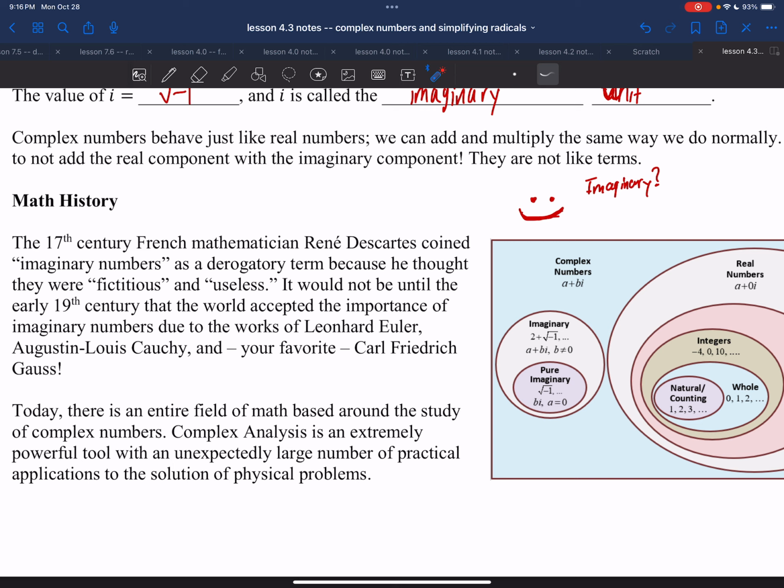So around this time period, we're encountering the square root of negatives, so we're putting them under investigation. We're kind of considering them and things like that. But René Descartes sees the square root of a negative, and he says, this is stupid. This is dumb. Descartes says, what? You can't take the square root of a negative. This is fictitious. It is useless. Why would I do this? Because you can't represent this quantity,